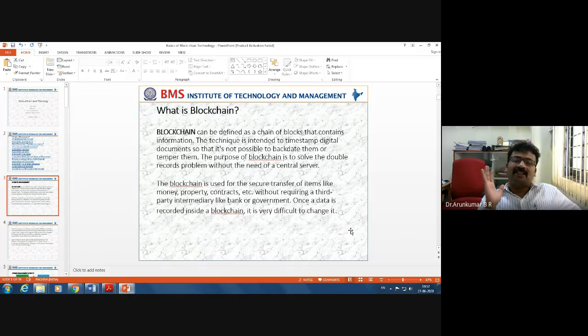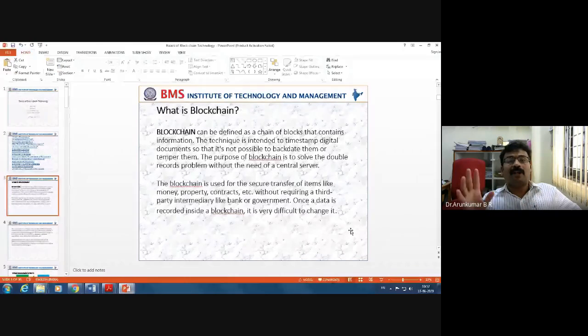The blockchain is used for the secure transfer of items like money, property, contracts, etc., without requiring a third party intermediary like a bank or government. If I want to send money to some person outside the country, we have to execute a different process altogether, and a bank or government will be in between.